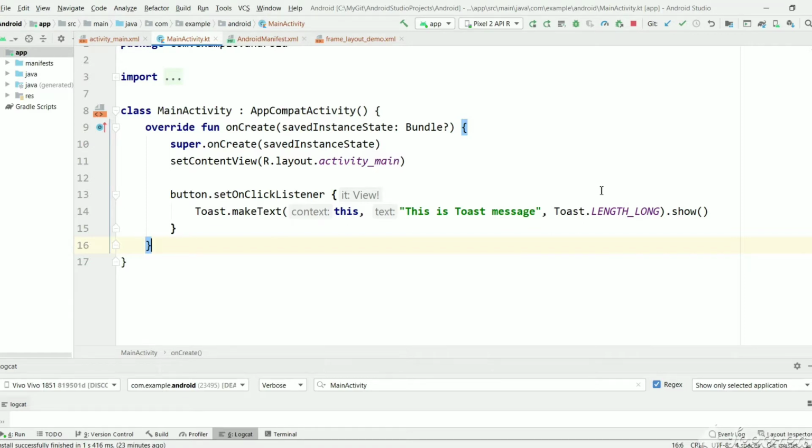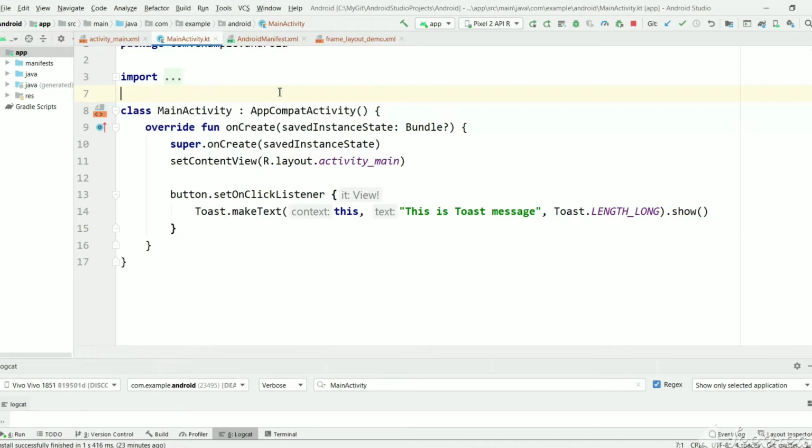If it is a big project, there will be so many files, but you want a certain file by name. You can't remember where that file is in the directory. This is the file hierarchy of the project, but it is very difficult to find that file in this directory. So there is a shortcut to find a file or a class.